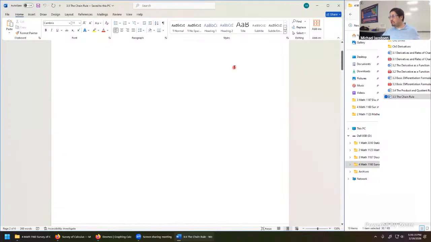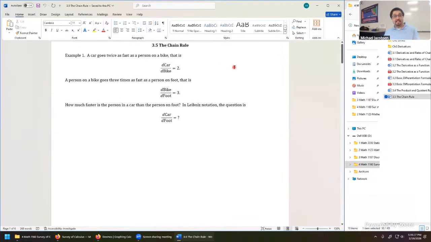So the analogy to help us think about the chain rule is this example one. It's kind of a strange situation, but these are bona fide derivatives. Derivatives are rates of change. And so if we say a car goes twice as fast as a person on a bike, well, when we say fast, we're talking about speed, and that's a rate of change. A car goes twice as fast as a person on a bike could be re-represented as the rate of change of the car with respect to the rate of change of the bike is 2 if you're going twice as fast. Or in other words,